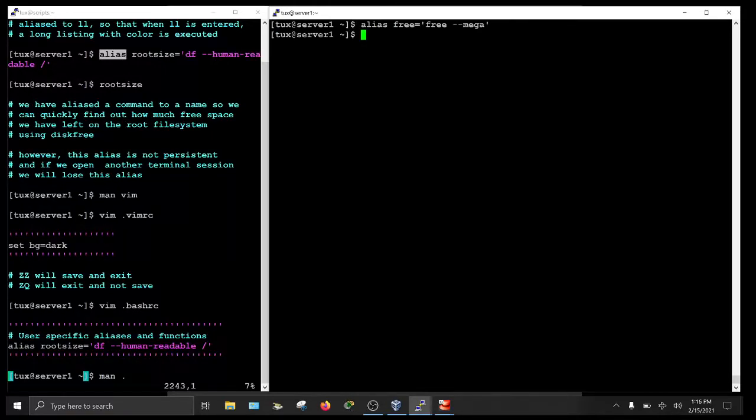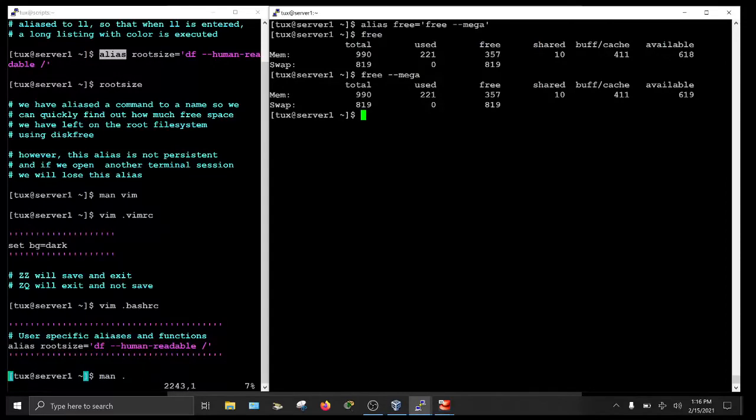And so now when I type free, I am basically running this command. So that is very useful. However, it's not persistent. And if we open another terminal session, we will lose this alias. So now